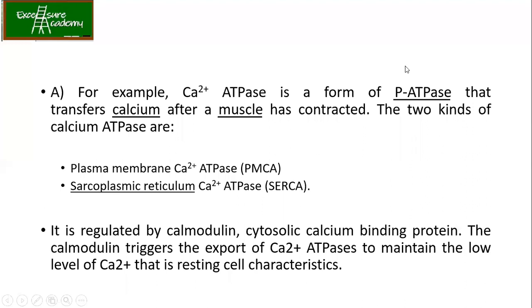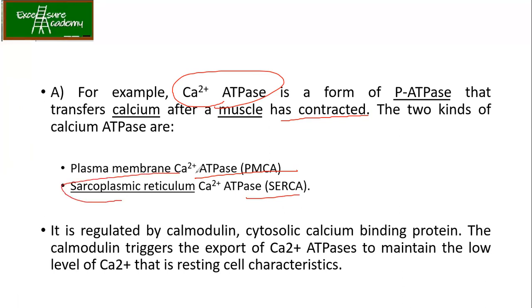Now, let's talk about the examples which come under the P-type ATPases. For example, calcium 2 plus ATPase. This is one example, okay? It is a form of P-type ATPases which transfer calcium after a muscle has contracted. The two kinds of calcium ATPases are plasma membrane calcium 2 plus ATPase (PMCA) and sarcoplasmic reticulum calcium 2 plus